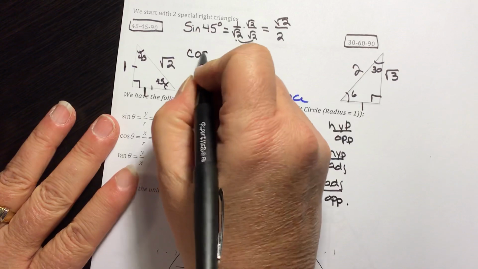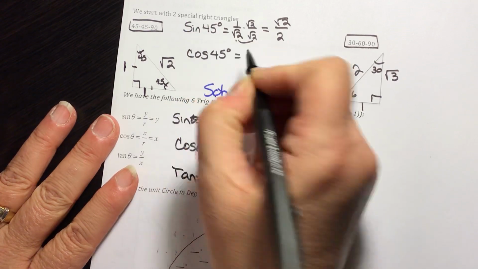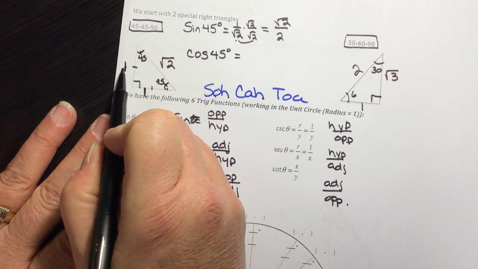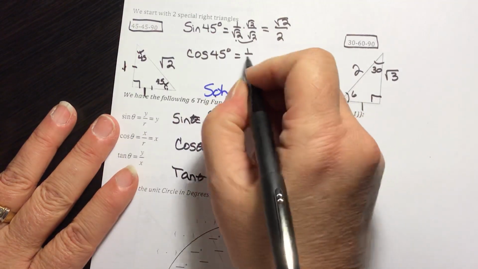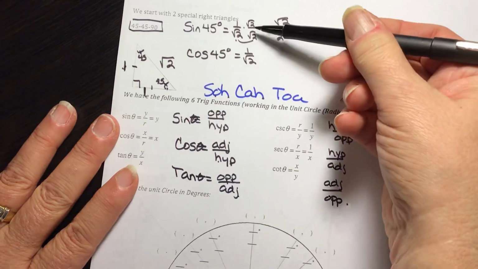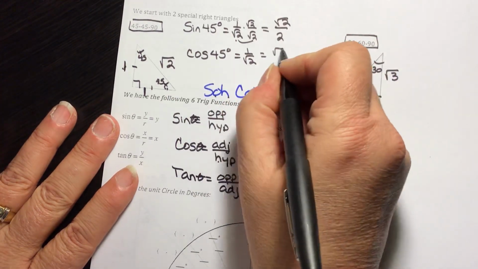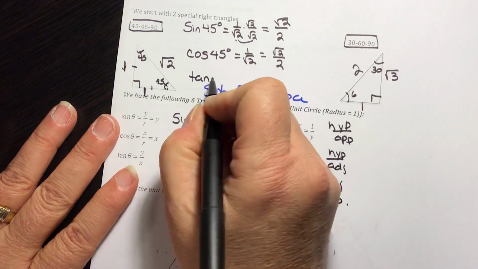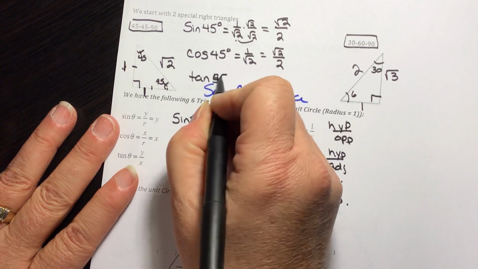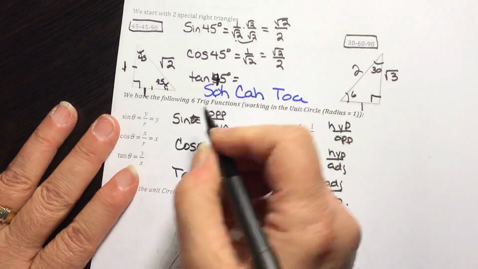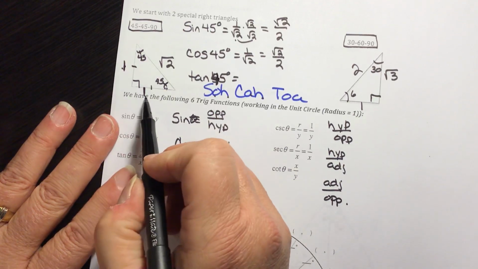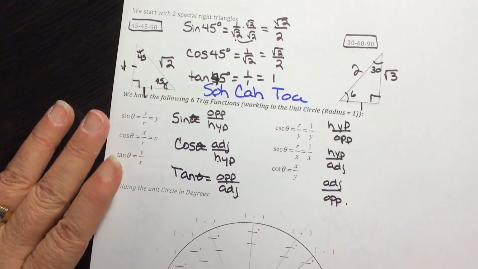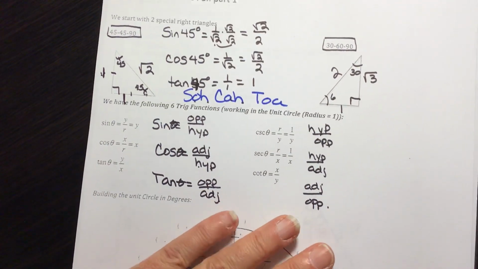Now cosine of 45 means to take your 45-degree angle, look for the side adjacent, which is 1, over the hypotenuse. So this is 1 over square root of 2, which is the same as what was up here. So this is also square root of 2 over 2. Tangent of 45 degrees, opposite over adjacent. So I have 1 over 1, which is 1. All right, so now we can look at